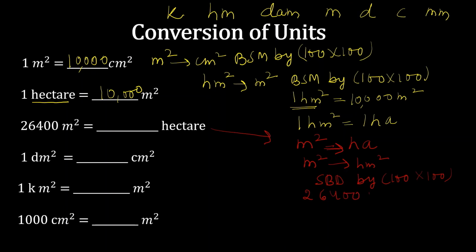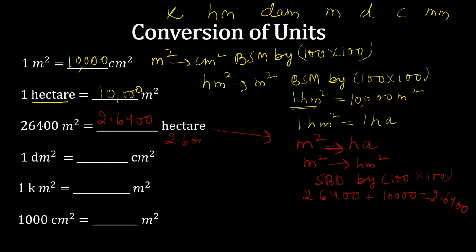So you will divide 26,400 by 100 into 100. 100 into 100 is 10,000. When you are dividing by a power of 10, only the decimal point shifts. When you are dividing, the value gets smaller, so the decimal place will shift to the left hand side. And when you are multiplying, the value gets bigger, so the decimal point will shift to the right hand side. So here 1, 2, 3, 4 zeros are there in 10,000. So the decimal place will shift on the left hand side 4 places. So it will become